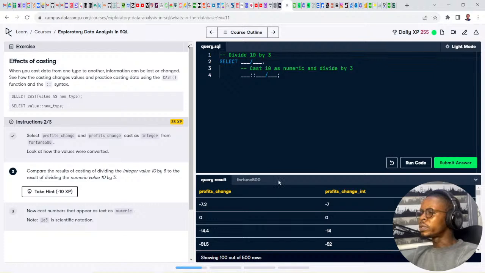So one is profit change, profit change divided by 10. Then cast profit change to integer divided by 10. Let's see the difference.